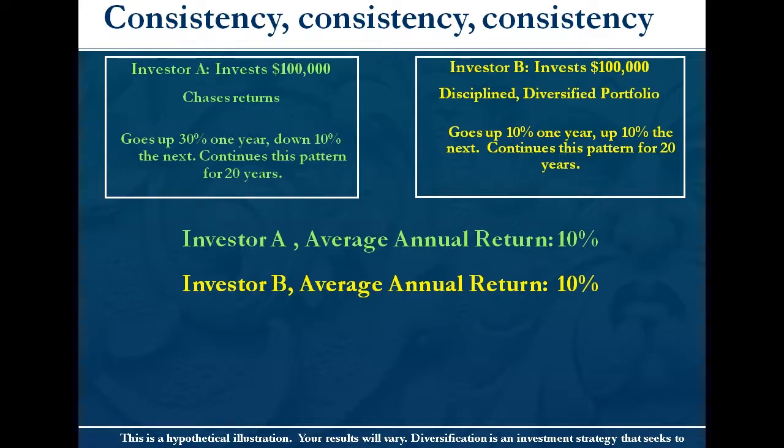You see, now I ask investors, now that they know this, does it matter? In dollars and cents, did it matter whether you were Investor A or Investor B? And people invariably say, no, didn't really matter. Yeah, Investor B had a smoother ride, but dollars and cents, it was all the same. That is the huge misconception, and this is why you don't look at average annual return when you're picking an